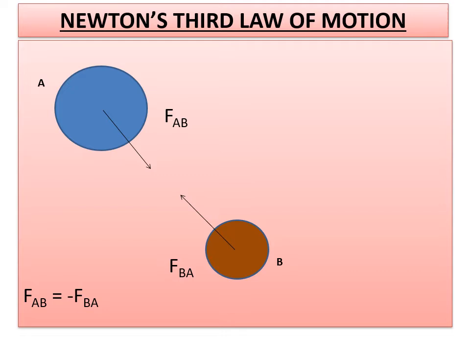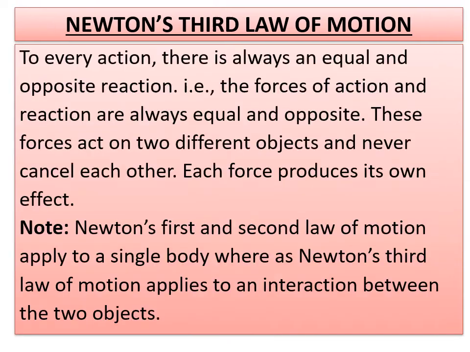And in this case, one more thing you have to remember is they are equal in magnitude but opposite in direction. Okay, so whatever the bodies I have taken, it can be any object, a car and a cycle, a truck and a car, whatever the thing. For explanation, in general, I have taken two different objects. Whatever the thing is, FAB is equal to minus FBA. And this is a statement for Newton's third law of motion.